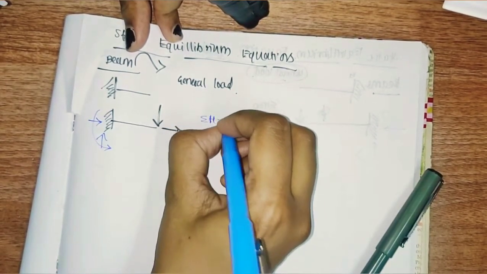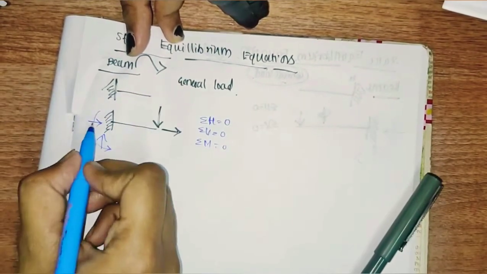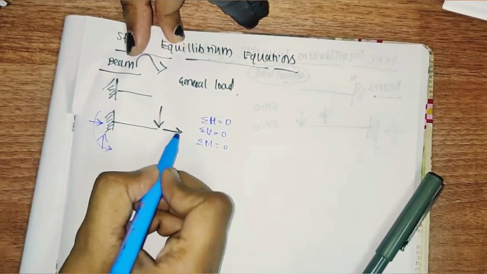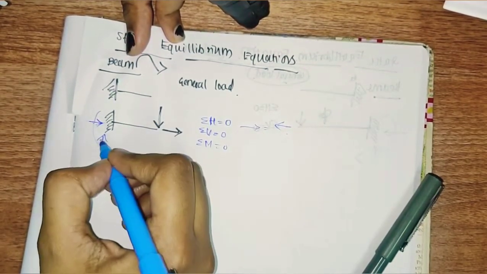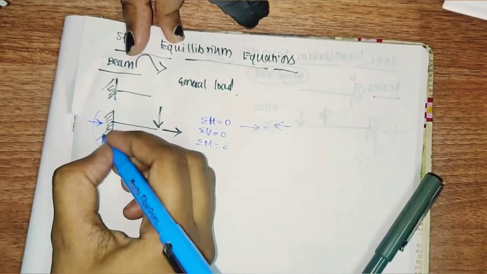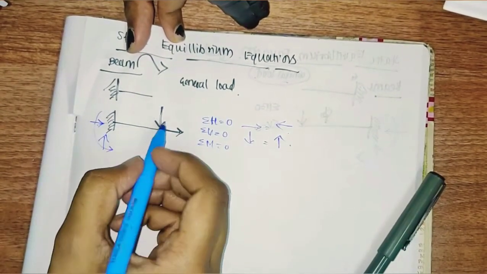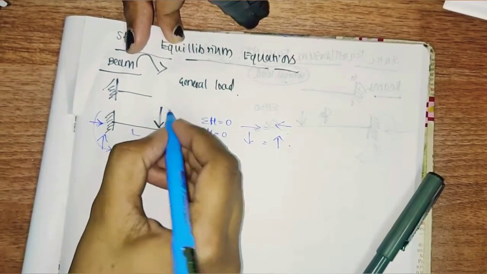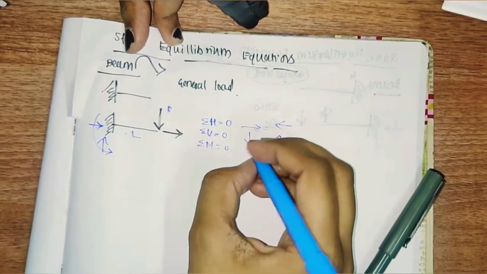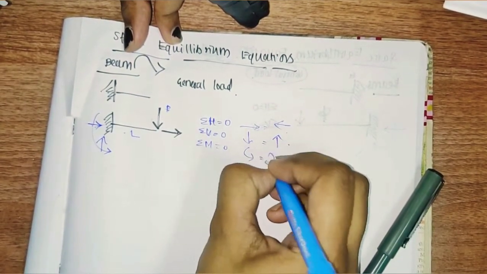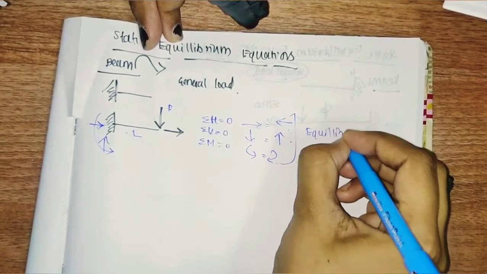We can write the summation of H equal to 0, summation of V equal to 0, summation of M equal to 0. I have written H because for the load here there is a reaction, so it is equal, and there is a vertical load which is acting, so that will be balanced out. Then talking about the moment, if the length is L and the load is P, a moment PL will be created, and this moment is already acting as a reaction. So clockwise equals anti-clockwise. These are nothing but the equilibrium equations.